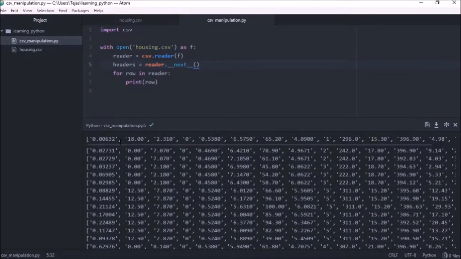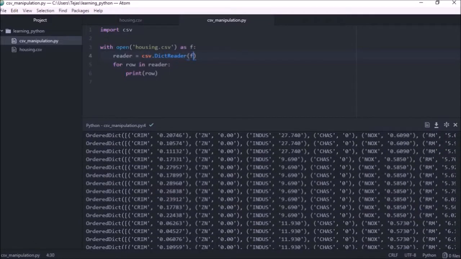So if you want to change the output from a list to a dictionary, so each column has the header as the key against each individual value, we can make use of the DictReader. So let's get rid of this line here. Now with the DictReader, we pass in the file, and we also have a parameter called fieldnames, and in there we can pass it a list of the column headers, but in our case our first row is the header, so if we don't provide the fieldnames, by default it takes the first row as the field names. So if we give this a run,